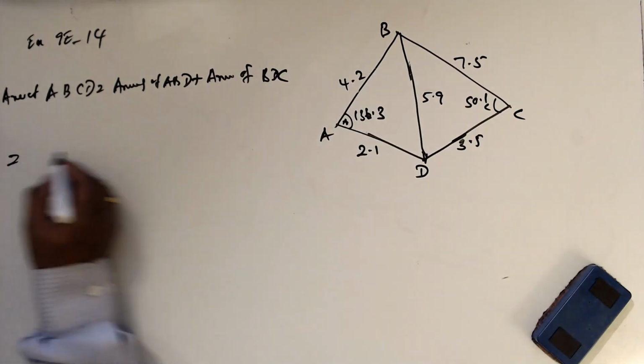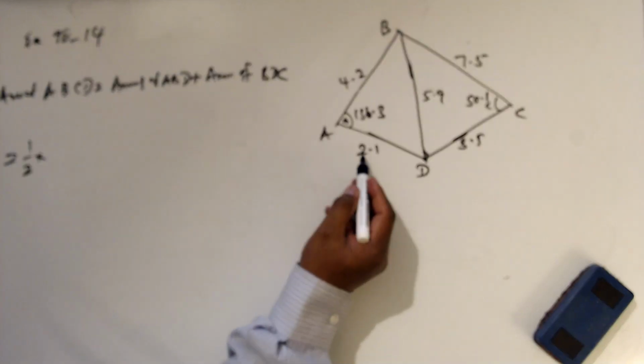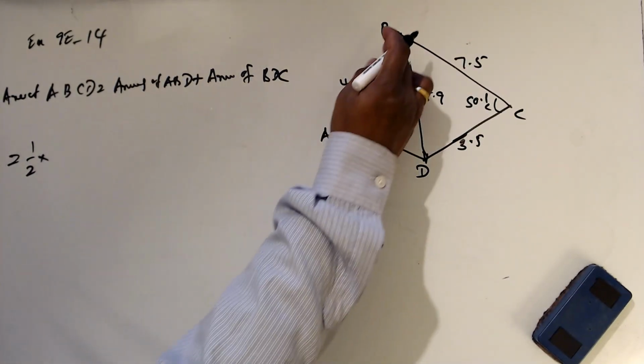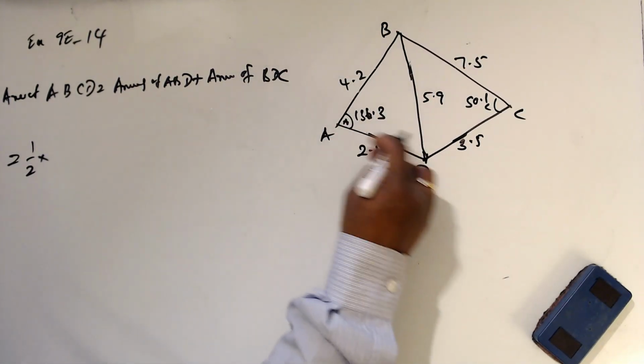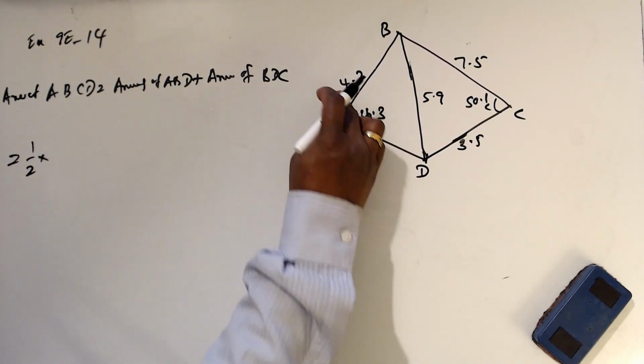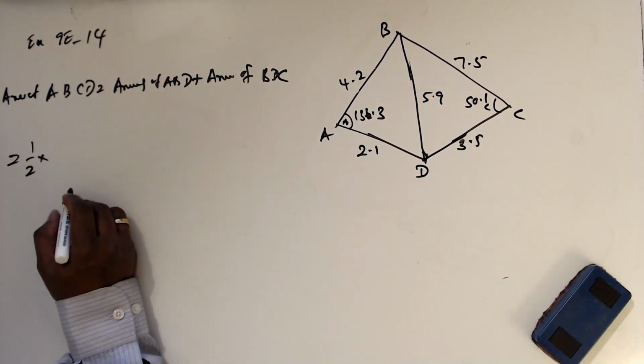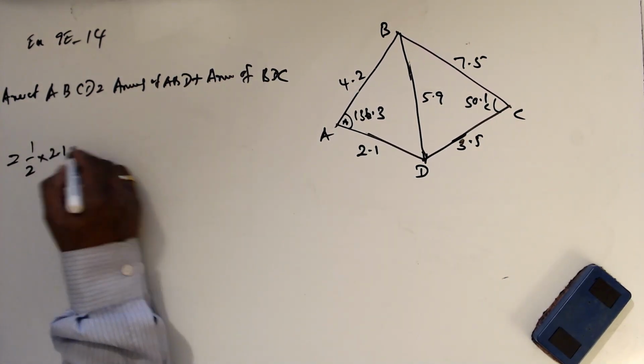So area of ABD means half AB sine C, half a. So this is the triangle. I can use this one. Half a this times sine half a 2 point times